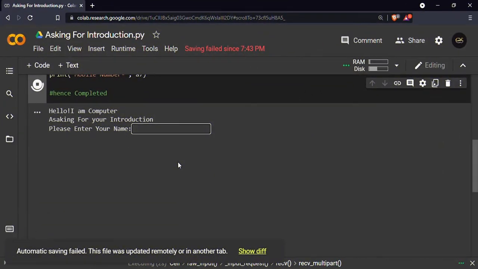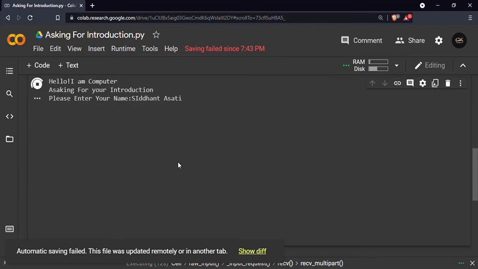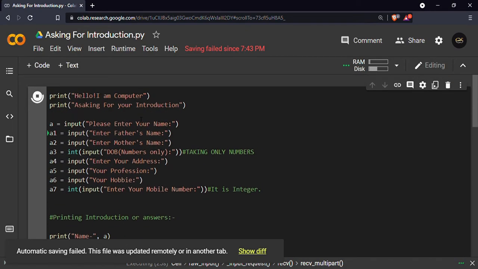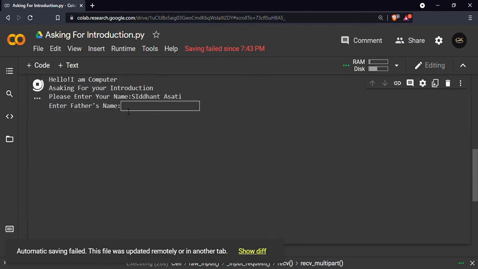Now let us run this program. Yeah, enter name, that is Siddhant Sati, as you all know. Again it will ask for the name, yeah, see here we have completed this. Hello, I am computer, asking for introduction. I think there is a typing mistake in the coding, okay, don't mind it. Now my father's name is Mr. Bhupendra Sati,